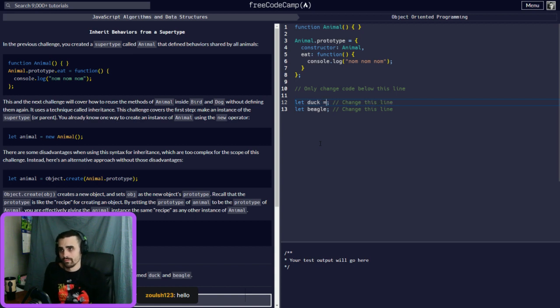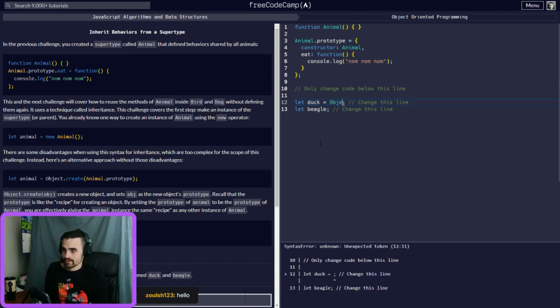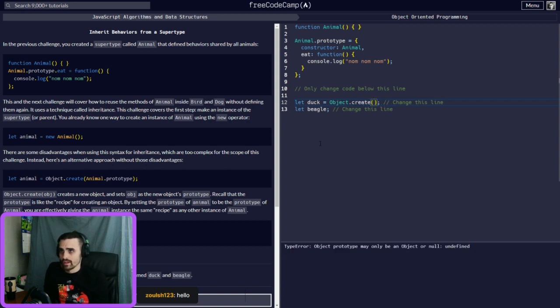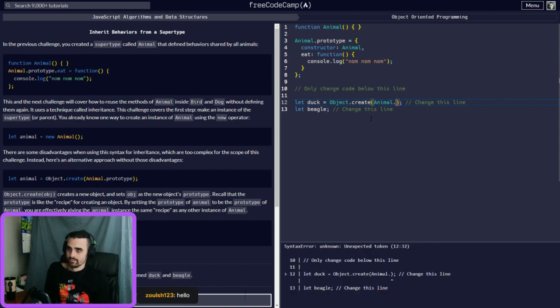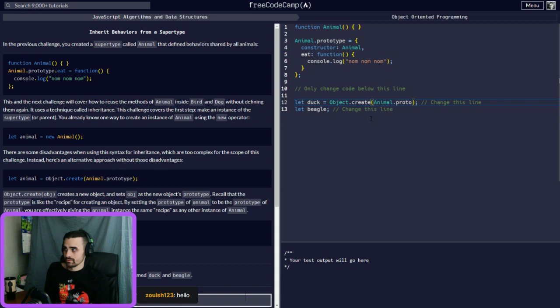So it would be Object.create, and then Animal.prototype. There we go. So it's making the prototype and giving everything within the prototype to this duck.